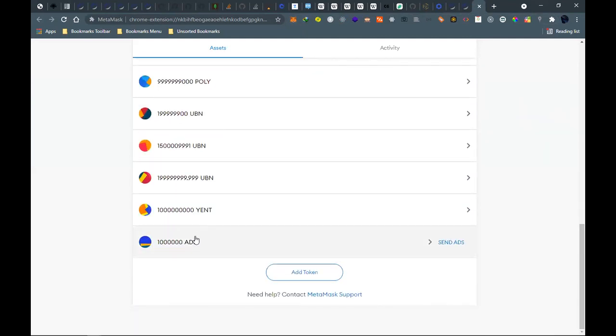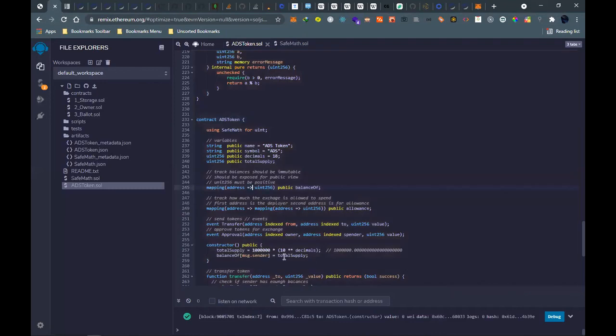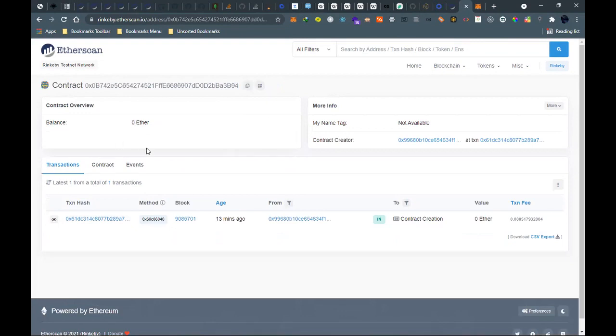token. And since I'm the owner of the contract, because we had not specified who is supposed to have the coins or where they are supposed to go, they never went to the contract. So this is the contract creation. They never went here. So we can actually send some coin to the contract address.